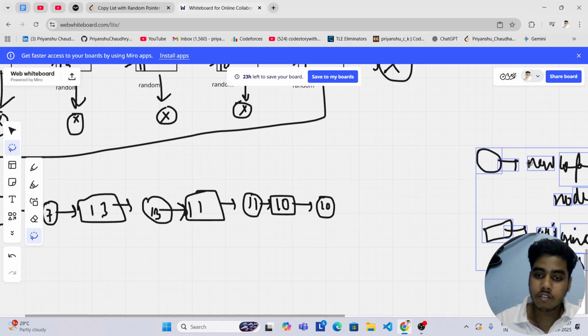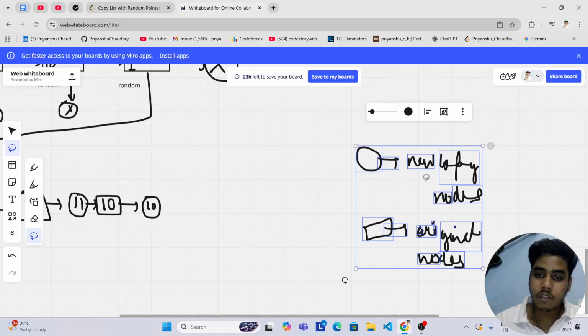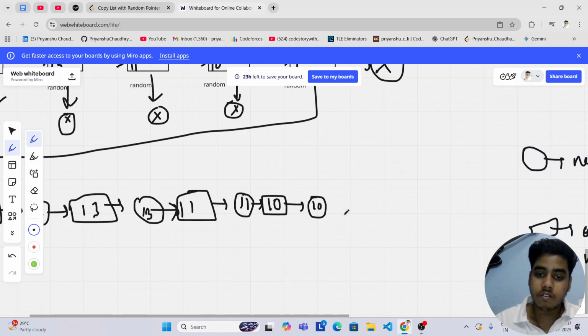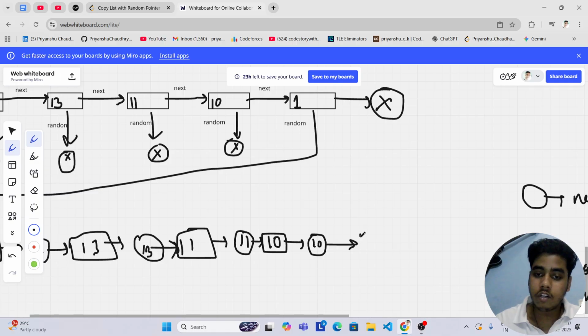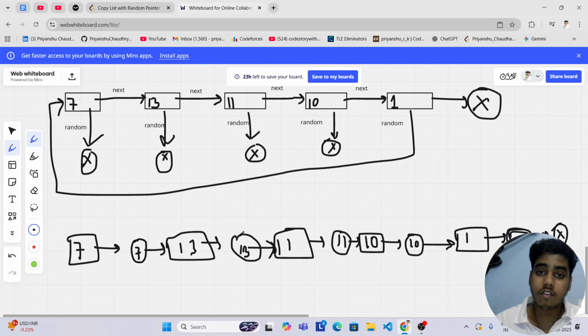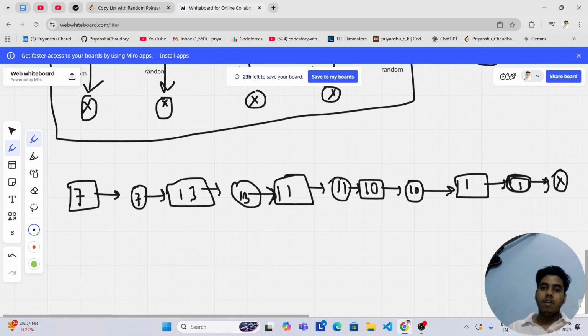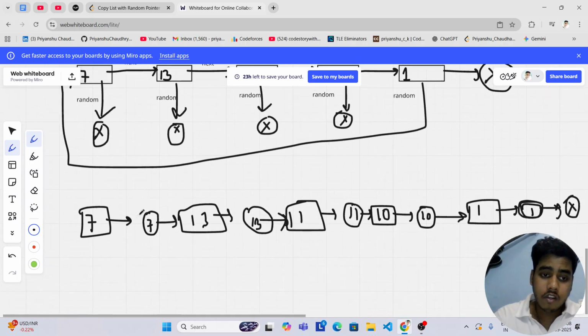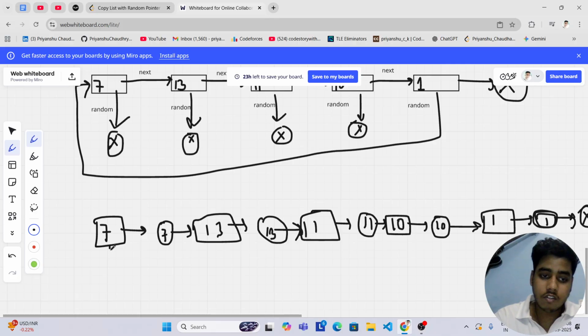I'm just shifting this aside. Now this will be pointing to my original node 1, and this will be pointing to my copy node 1. And this will be pointing to null. I will tell you why I did this, because there is a trick. Now these are my next pointers, and the random pointers are already